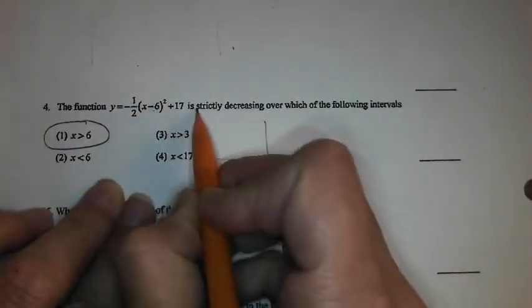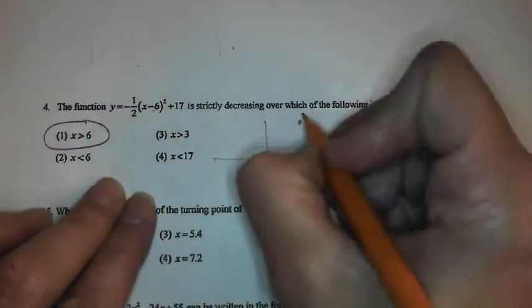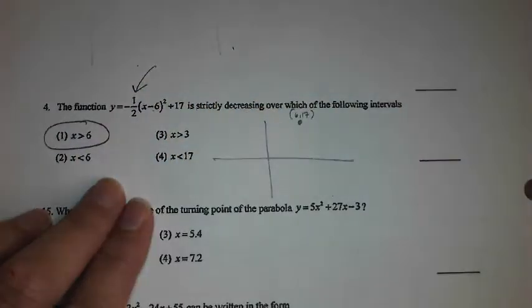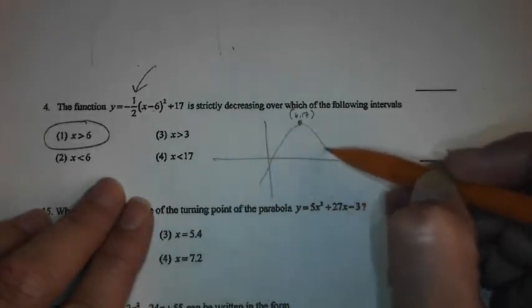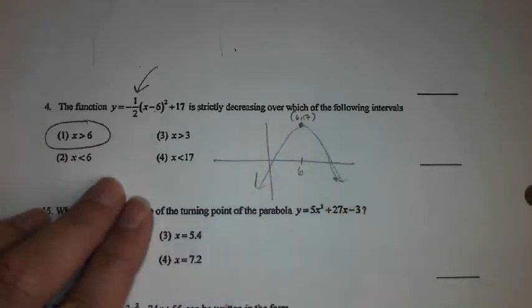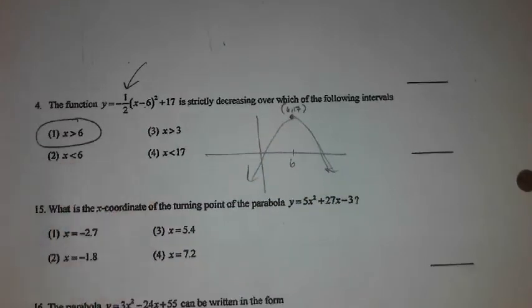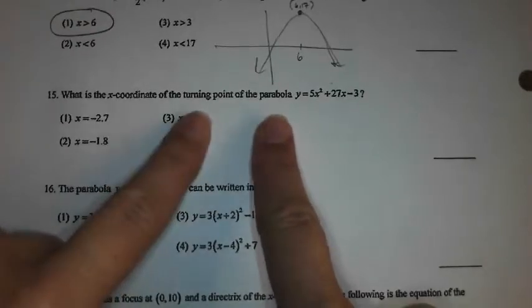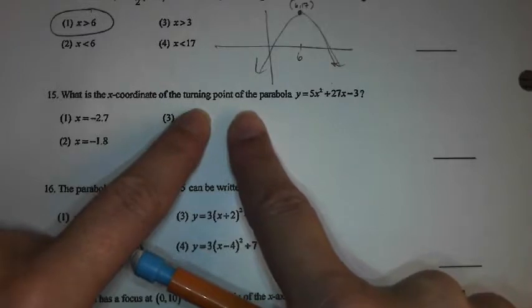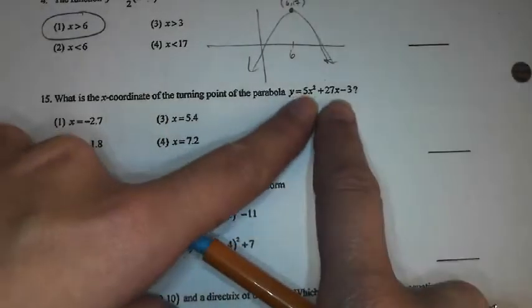You guys just told me you know your vertex at 6, 17, right? What is our A value here? Negative. So that means it opens down. So couldn't you have just done that by hand and realized, oh, it's starting to decrease at 6 and beyond? Just based on those little things of knowing what the A value tells you is good stuff. X coordinate of the turning point of the parabola. Do you see how sometimes they call it a vertex, sometimes they're calling it a turning point? No big deal there. If it's already in this format,